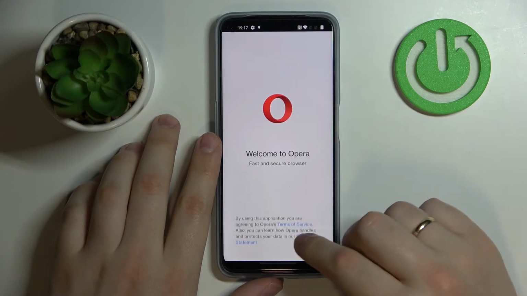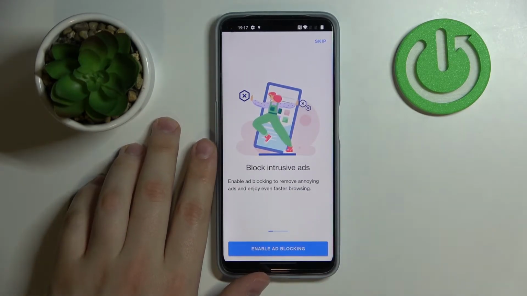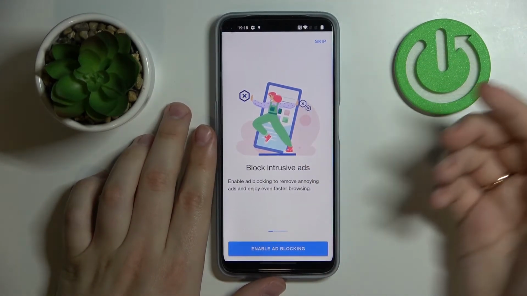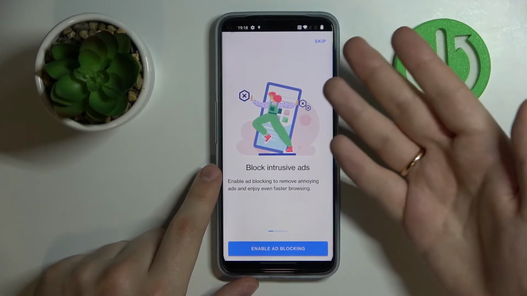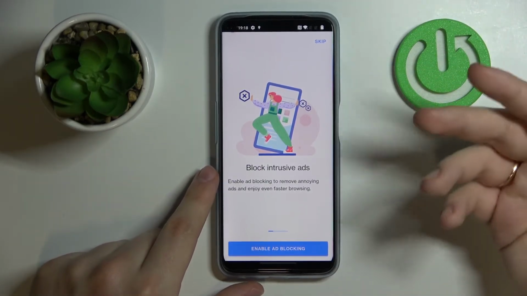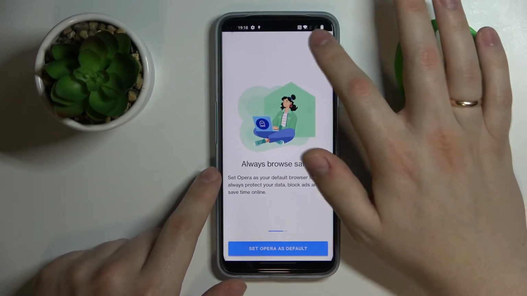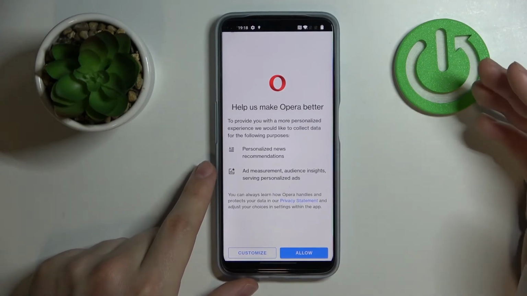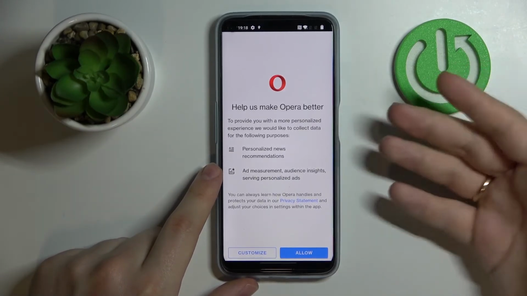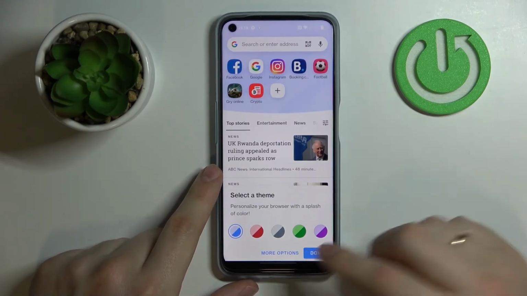Here you want to tap on the blue continue button. Next, there are some options that the Opera browser has to offer, and right now you are able to choose whether you want them to be enabled from the start, or you can always skip and leave their configuration for later. Me personally, I'll enable ad blocking, enable tracker blocking, and skip setting Opera as my default browser step. Next, you can also either customize the permissions that you're going to grant to Opera, or you can just allow everything it needs, and from here just start